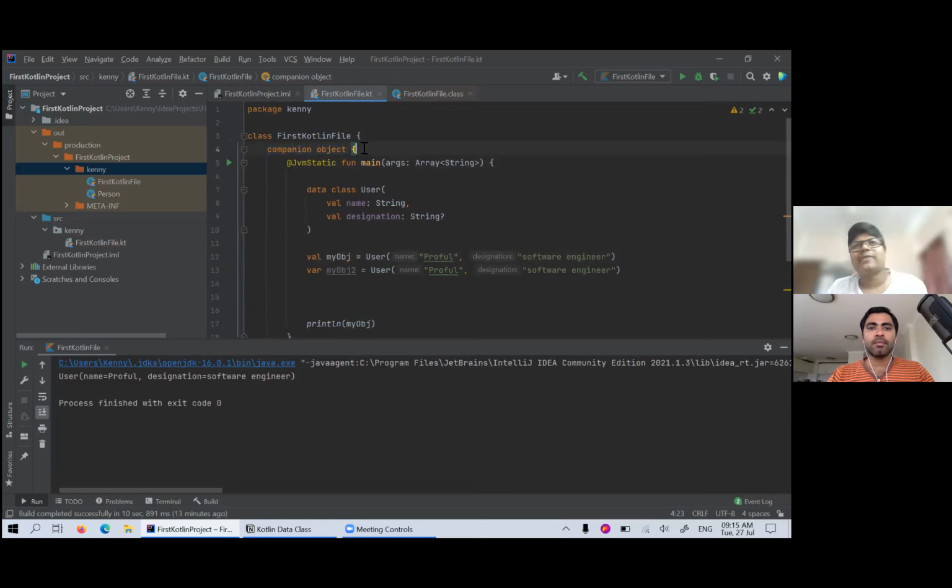So what I understand so far is that in Java, we have this concept of static methods or static variables, right? Which are associated with that class and not with that object. So this companion object is a similar concept, although not exactly the same. In Kotlin, this is essentially an inner class, and Kotlin in the background will create a single instance of the object for that class. And that acts like a member variable, which is inside this class.